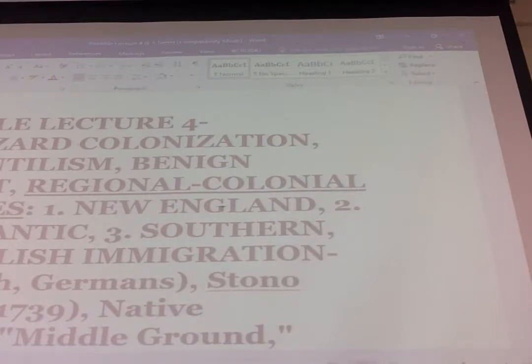But there are going to be these strong regional differences, as we've already started to see. There's going to be some strong differences between the regions. You can argue that these regional differences will last throughout American history. They still exist. A Southern identity is different than being from the West, being from the Northeast, the Middle Colonies.